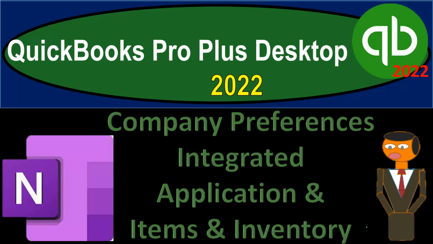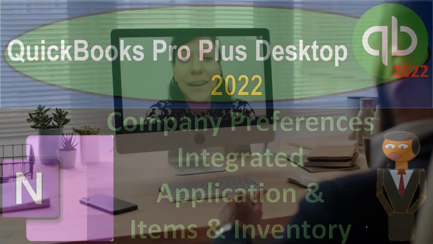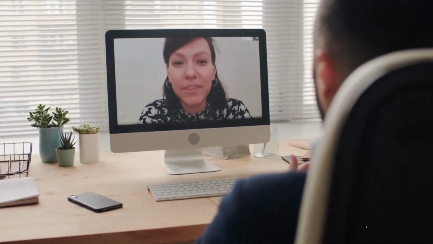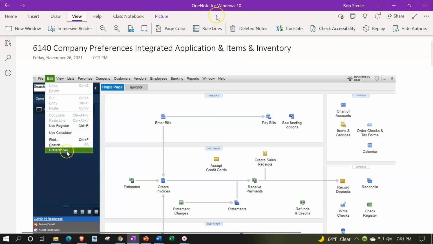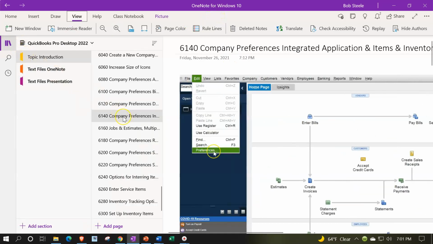QuickBooks Pro Plus Desktop 2022, Company Preferences, Integrated Application and Items and Inventory. Let's get into it with Intuit's QuickBooks Pro Plus Desktop 2022. If you have access to OneNote and would like to follow along, icon left-hand side, topic introduction, 6140, company preferences, integrated